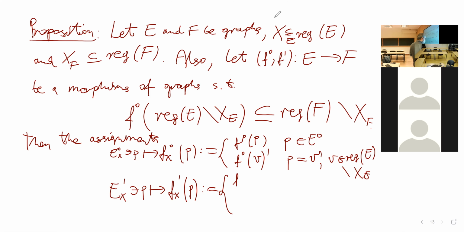So this is just F1 of P for P in E1, and this is F1 of E prime for P being equal to E prime, and the end of E